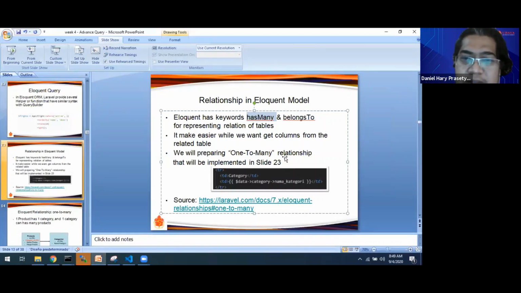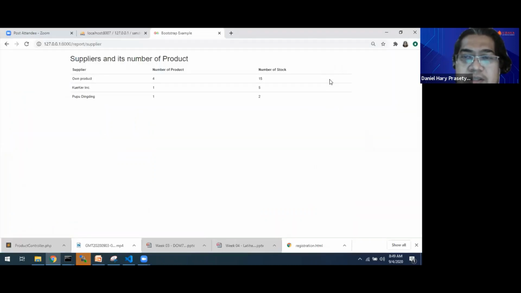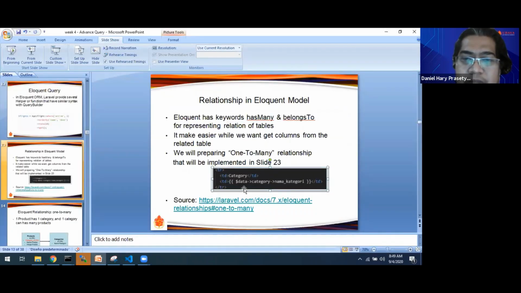We will create this one in slide 23 and this one. In slide 23, from product, we can instantly get the category data.